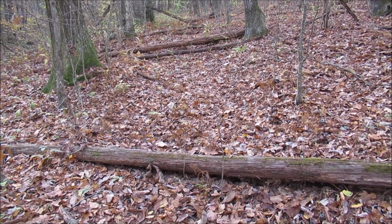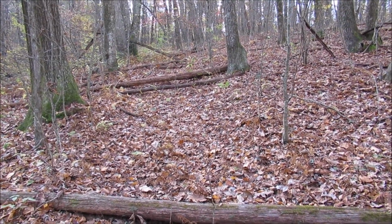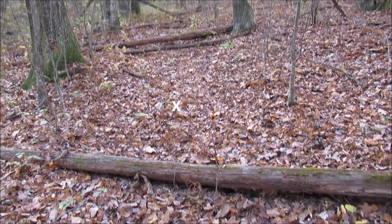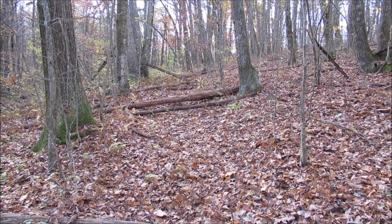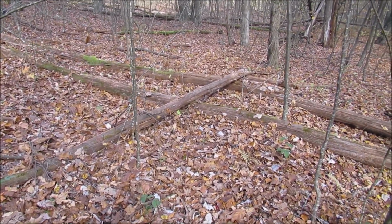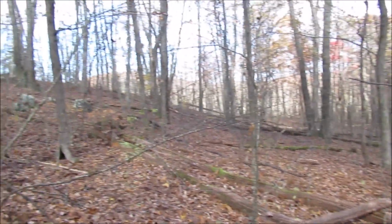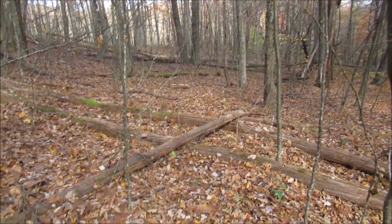If you come down through here, one thing you'll notice is that there's an awful lot of trees either blown down or cut down, and they're all magically laying exactly the same direction, namely across this old road. See those up there? All of them are laying in the same direction, and look, down this way, see how they're all magically. Now I realize if a tree up there falls over and comes this way, that's a natural